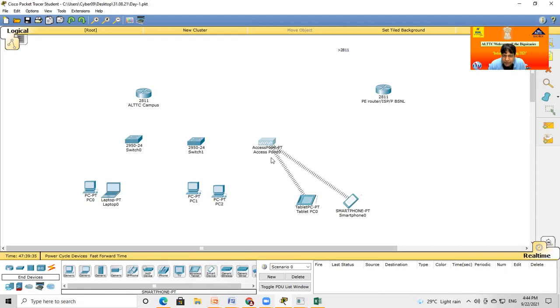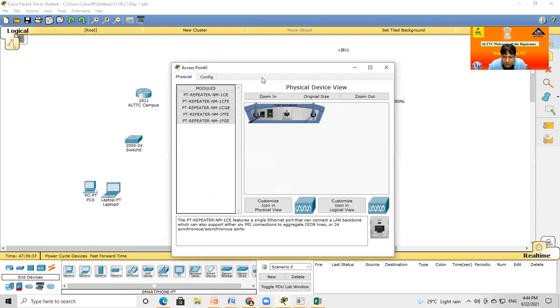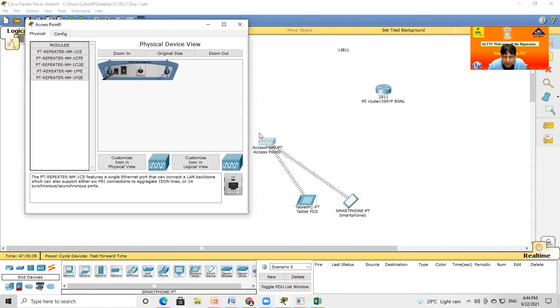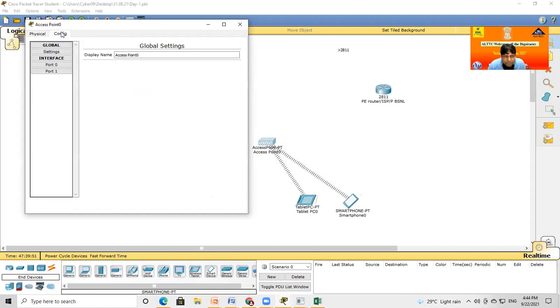If you go to the Wi-Fi, you make some security, because in real life no Wi-Fi will be open. It must have some mechanism, then you can connect. So now go to config, and go to port 0. Port 0 means this connectivity. So I go to port 1.